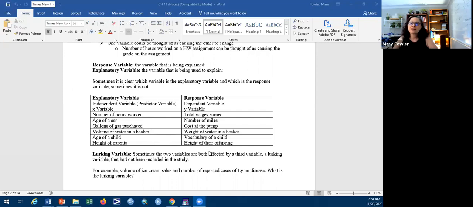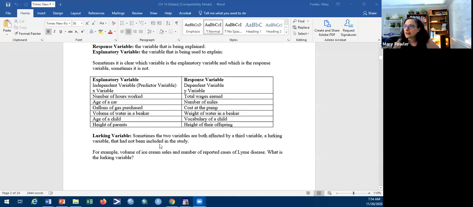And height of parents and height of their offspring, right? Taller parents tend to have taller kids and shorter parents tend to have shorter kids. But it's not exact, because if you have a sibling that has the same mother and father, you might not be exactly the same height as your sibling. Okay, so the idea here is that